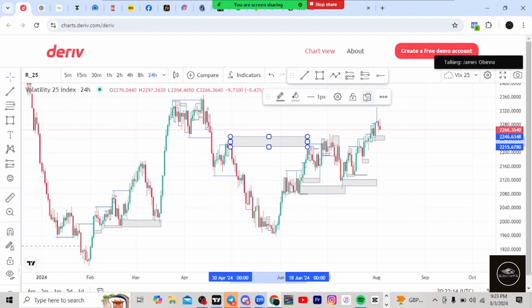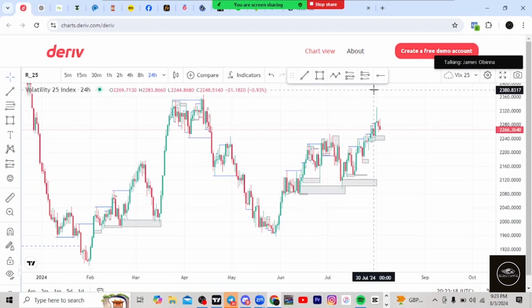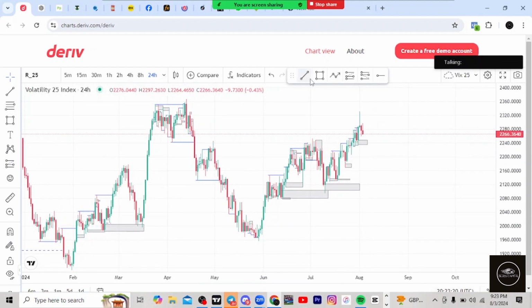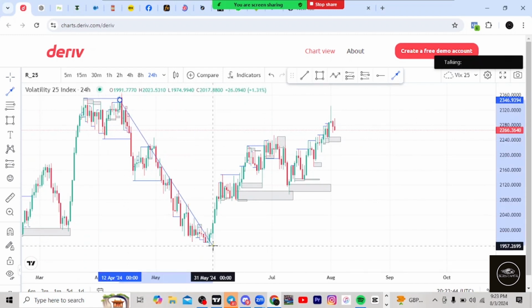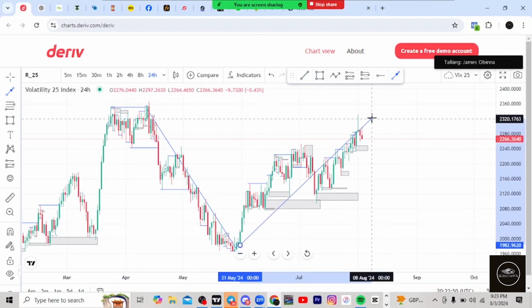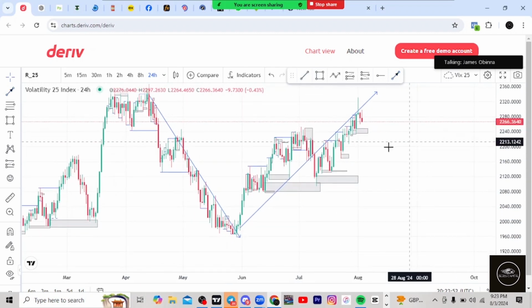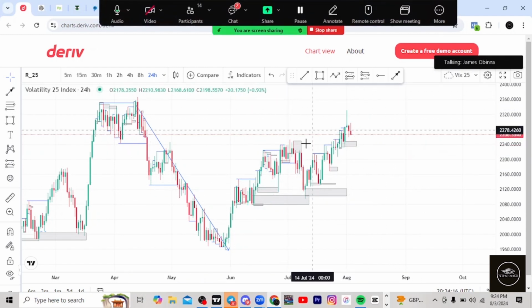Then from here, market is now pushing to the upside, showing that market is bullish, something like this. Downtrend. Then from this side, market is now pushing to the upside. So since market is pushing to the upside, what are we going to be looking for? Buy setups. That's buy zones, that's demand zones. So starting from this place,